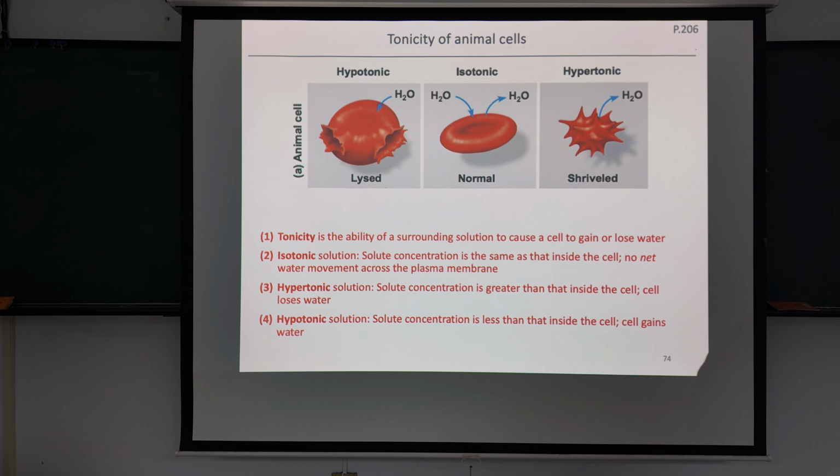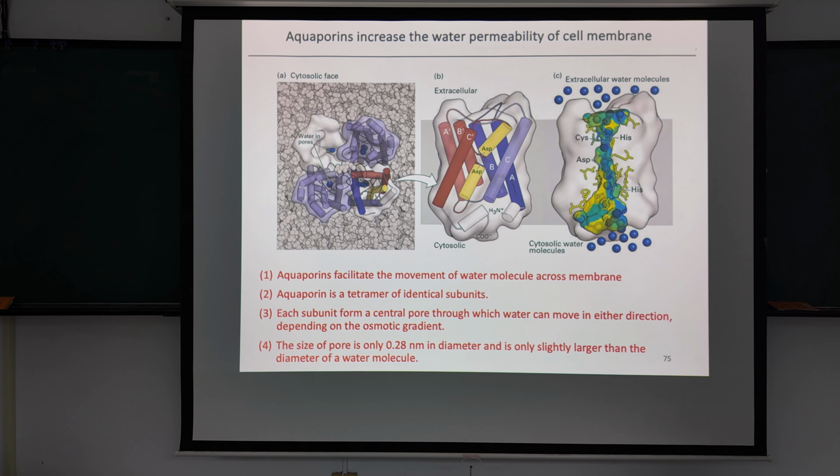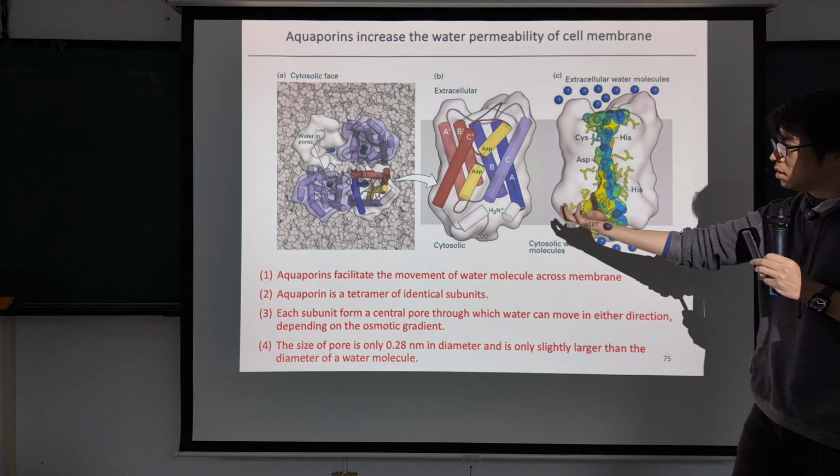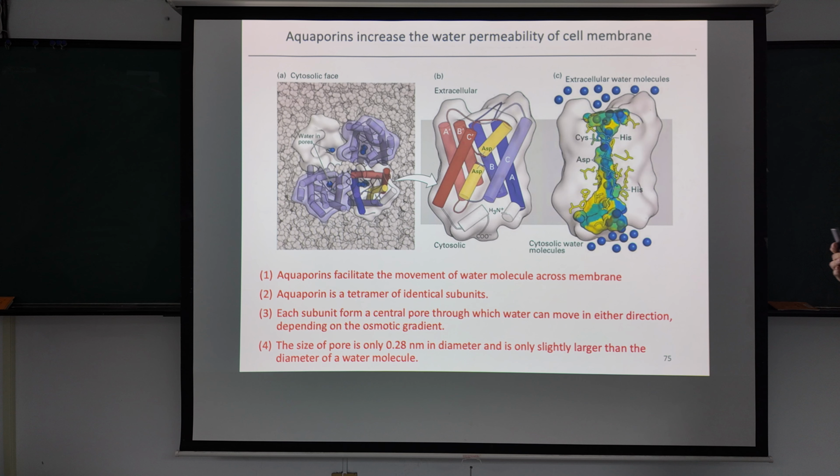So is it possible the water can really kind of easily go out and go into the cell? Yes, it can. It needs help from the protein I just introduced before, aquaporin. People found this mechanism and got the Nobel Prize. So this is the monomer, the single protein unit of the